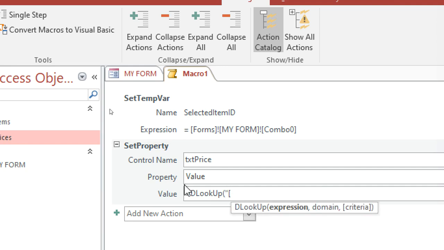What are we looking for? We are looking for price. We are looking for a field called price. Field price from where? From a table called prices. So our table is prices. Then you put a comma. Then the field we need. So the field we need here is item ID,